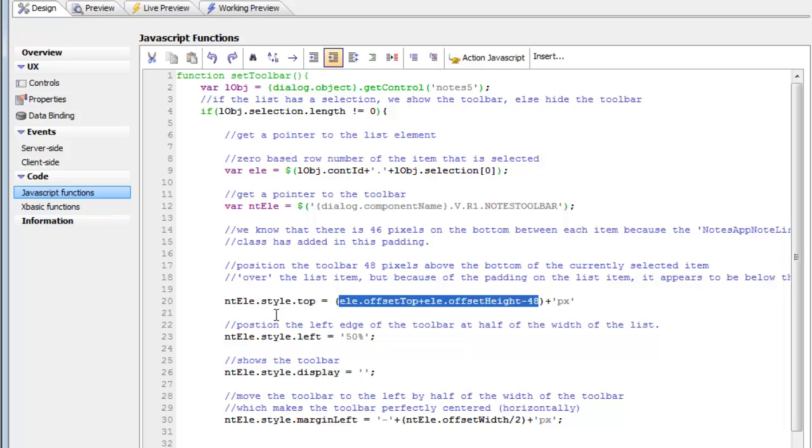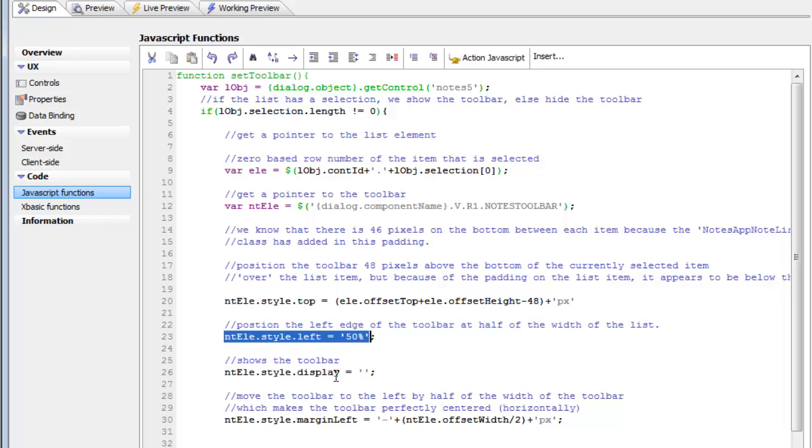So what we're doing over here is just simply moving the top of the toolbar to be 48 pixels from the bottom of the currently selected row, and then we're positioning the left edge of the toolbar at the 50% mark